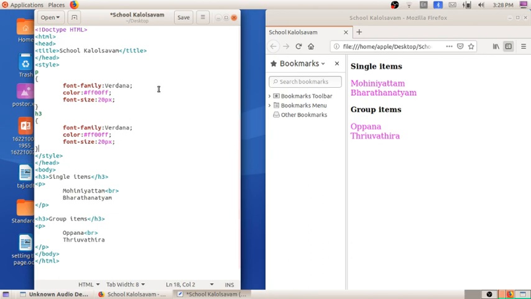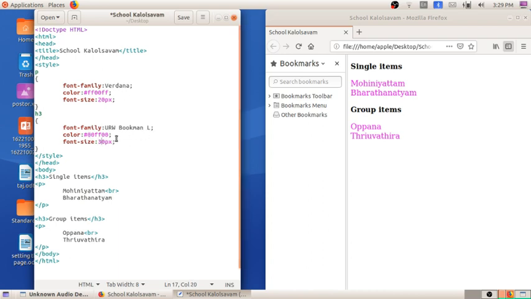They have given the font family as URW Bookman L, so I am making it URW Bookman L. The color code they have given is #00FF00, and the font size changes to 30 pixels.